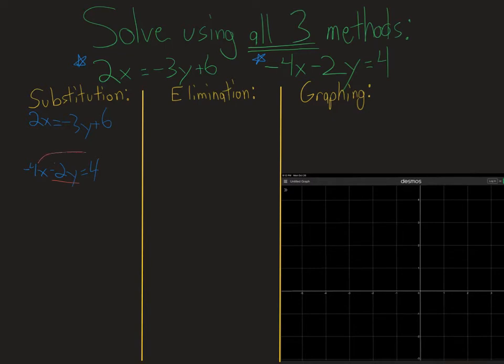All right, move that -4 over, make it a +4x. Divide off that -2. And I end up with y equals -2 minus 2x. And now I'll just substitute that into that other equation. 2x equals -3 times, and plug in -2 minus 2x